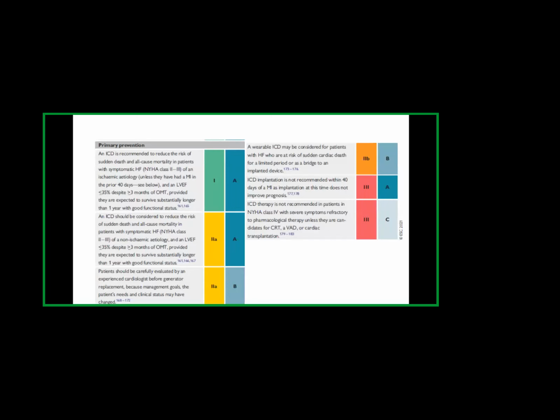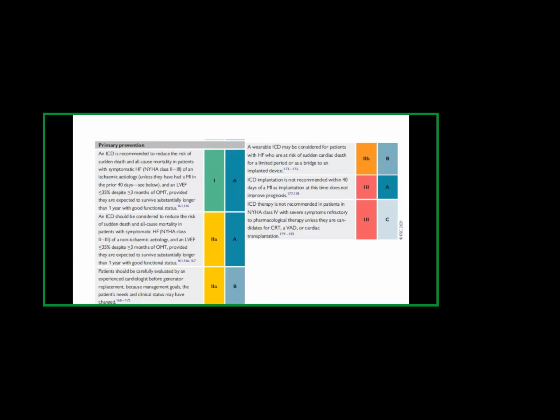Now, for primary prevention, ICDs are recommended to reduce the risk of sudden death and all-cause mortality in patients with symptomatic heart failure, NYHA class 2 or 3, of an ischemic etiology, unless they have had an MI in the previous 40 days. So for primary prevention, the indications are: number 1, the patient must be in NYHA class 2 or 3. Number 2, the ejection fraction must be less than or equal to 35%, despite 3 or more months